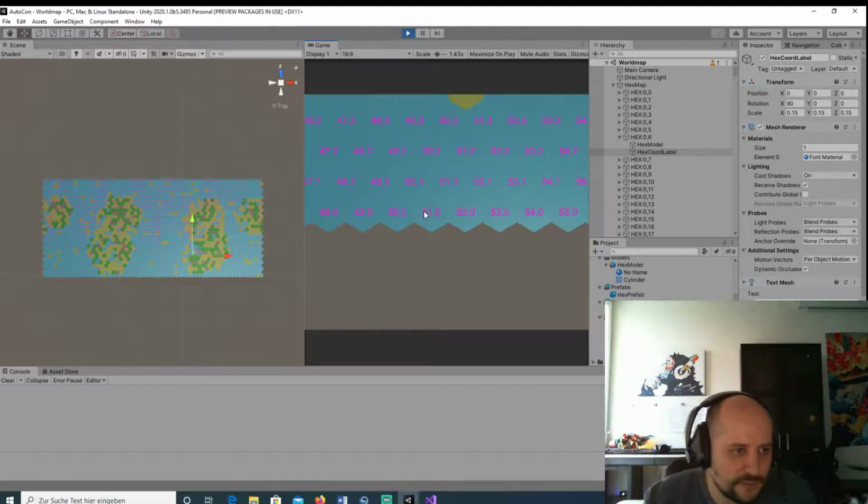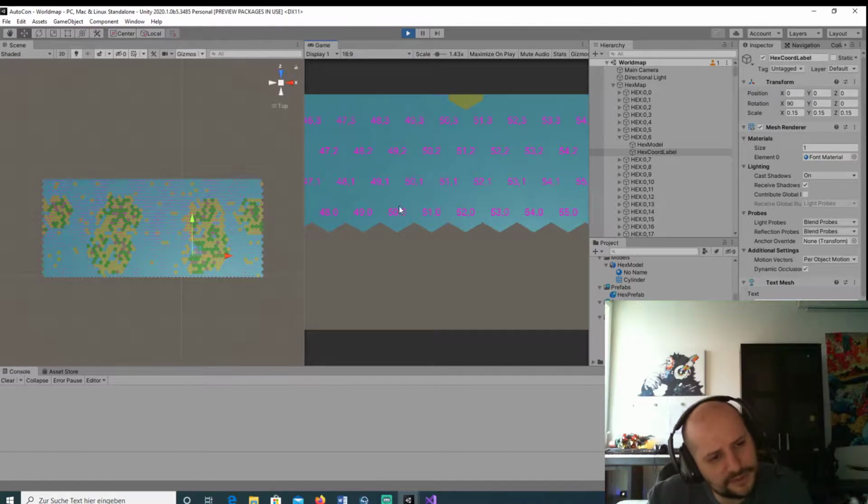If you would have a square map, the top left square would be 0, 0. You would have a two-dimensional array, and you would put the tiles there, and it would be at the location 0, 0. And now with hexagonal maps, it works kind of similar. You also only need two coordinates, x and y, but they are